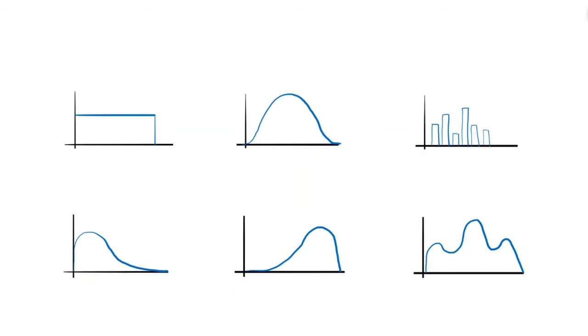So here I have prepared 6 different graphs. And we'll see, well, we have one that is just a box, also known as uniform. We have something that is similar to a normal distribution. We have just a bar graph. We have right skewed, also known as positive skewed, because it is skewed toward the right side, the more positive numbers. And we have a left skewed or negative skewed, because it's skewed towards the left, where the more negative numbers lie. And then we have a distribution that is a little more special.